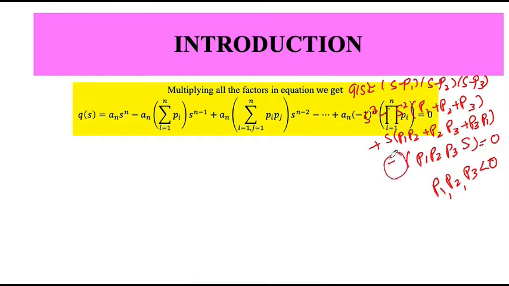This should be positive, right? Similarly p1 p2, p2 p3 and p3 p1 are each positive, and all this sum would be a positive number. Similarly p1, p2, p3 are negative, their product would be a negative number,